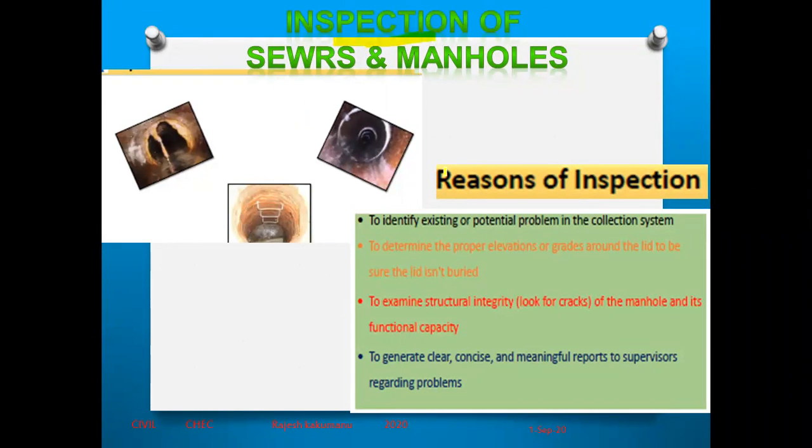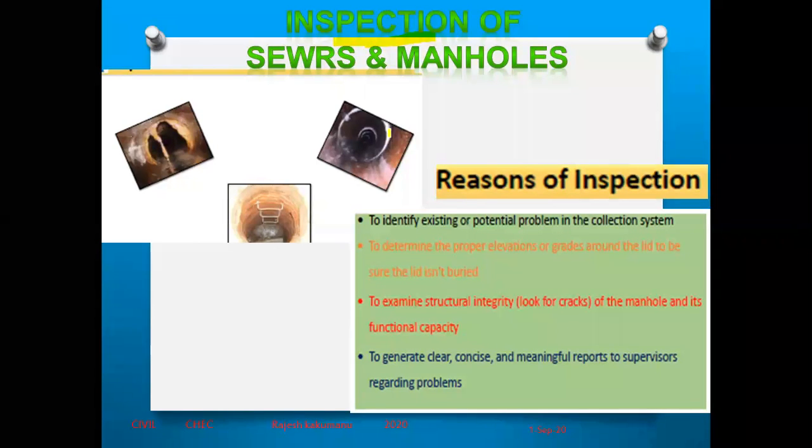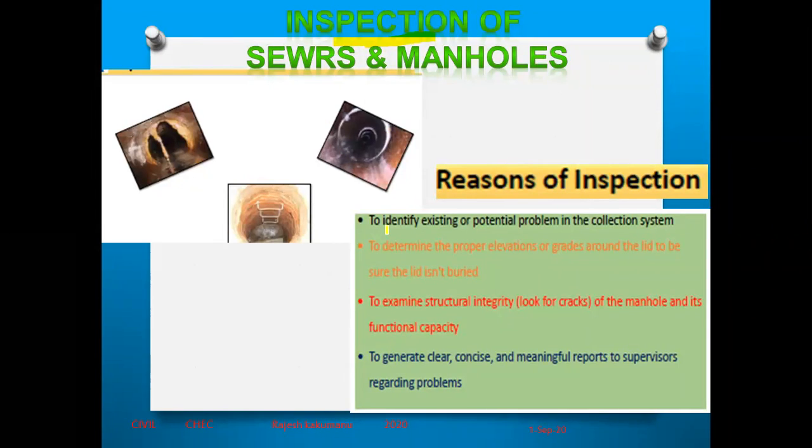Now, what are the reasons for inspection? What are the main reasons? First thing, to identify existing or potential problems in the collection system. So the first thing is to go for identification. What are the existing problems or potential problems? That is, the exact problem or the current problem we are dealing with in the collection system. Next, to determine the proper elevations or grades around the lid to be sure that the lid doesn't bury